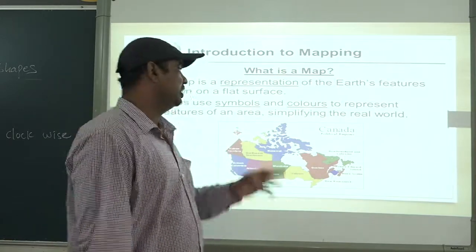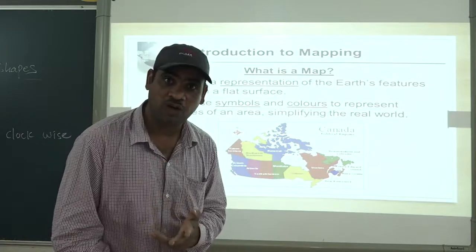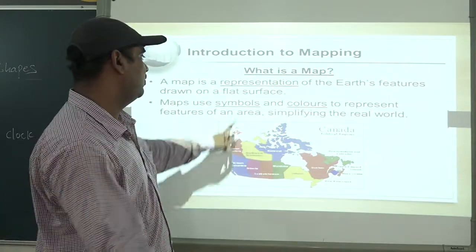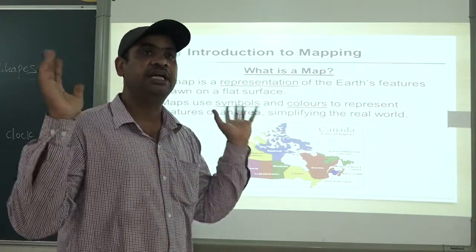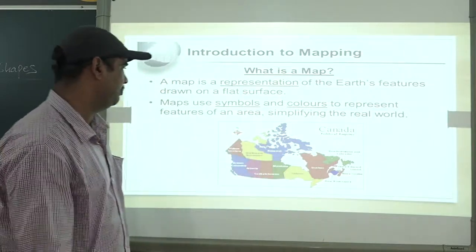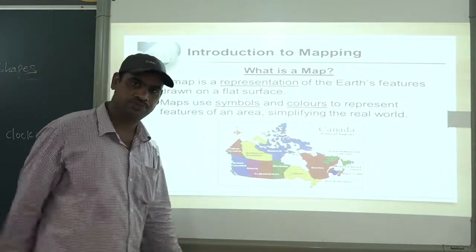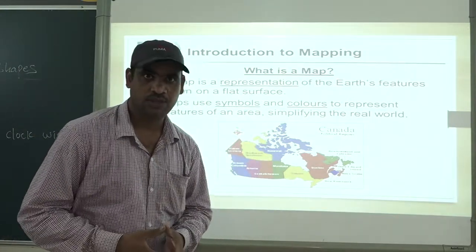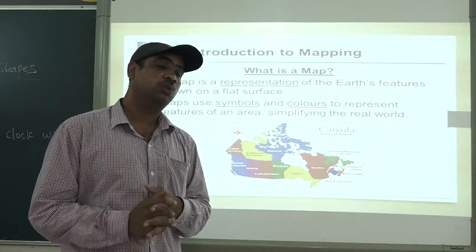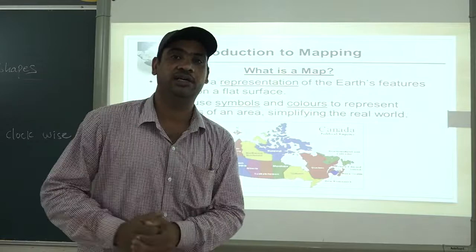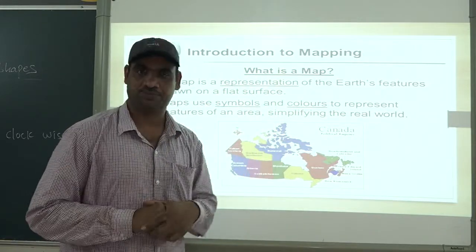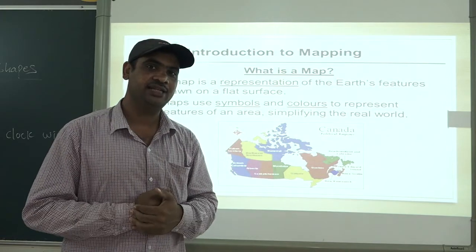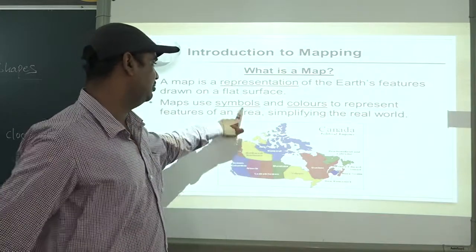So the Earth's representation. It is representation of what? Earth's surface. Representation of Earth's surface on a flat surface. It's representation of any part of the earth on the flat surface, that is the map. So what are used? Symbols are used. Different symbols are used. You must have seen on a map different symbols are used. And why are symbols important? Suppose there is one person who has come from another country and he doesn't know the language and he wants to go somewhere. How will he understand how to go there? He will understand by the symbol.